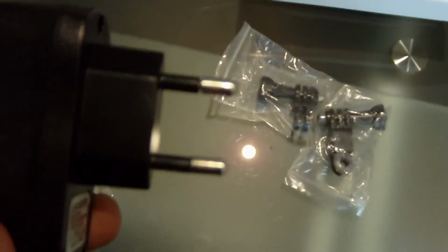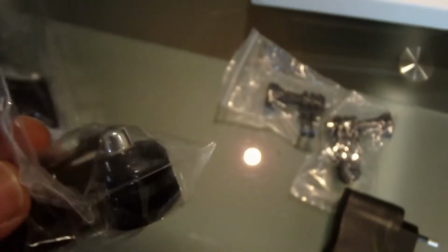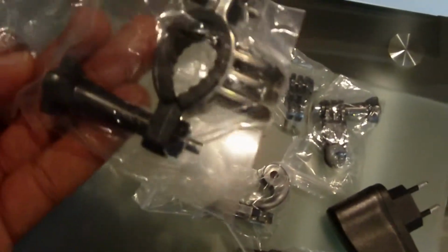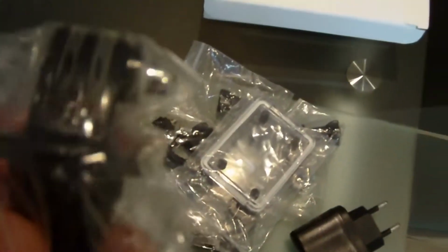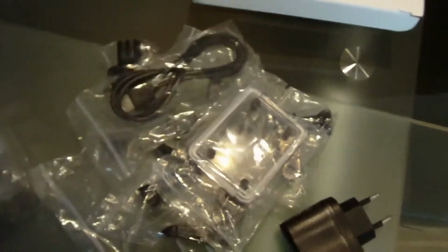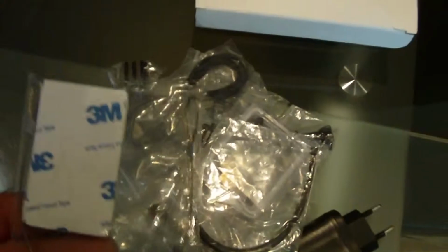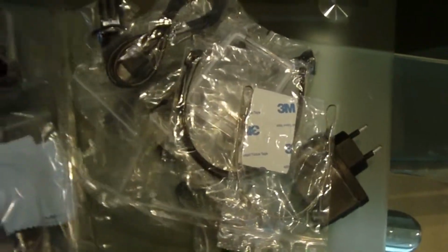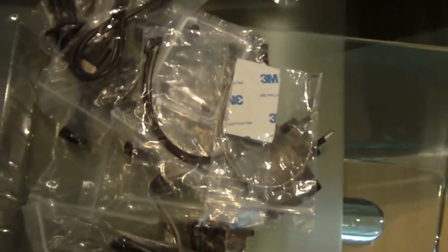Okay, this is very strange. You got a European plug, a few more accessories, a few more for the bike, another cover for the waterproof case, a few more accessories, a USB cable, a few straps, some tape, a casing for the exterior,